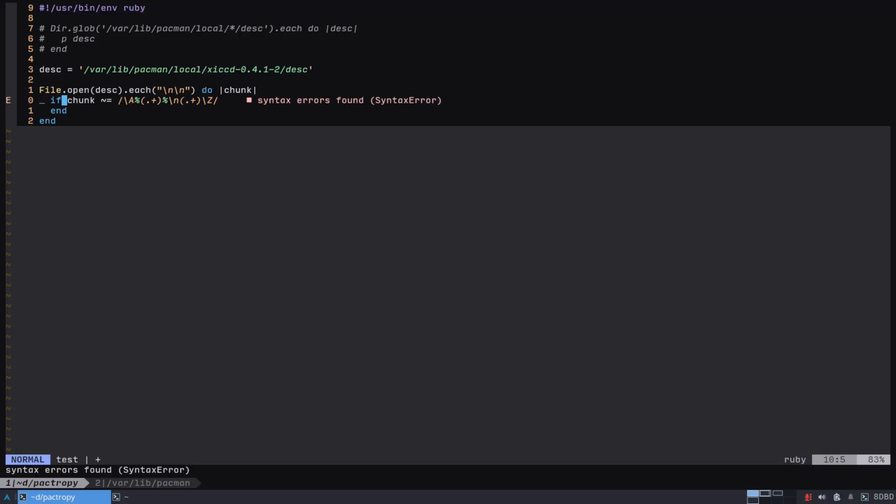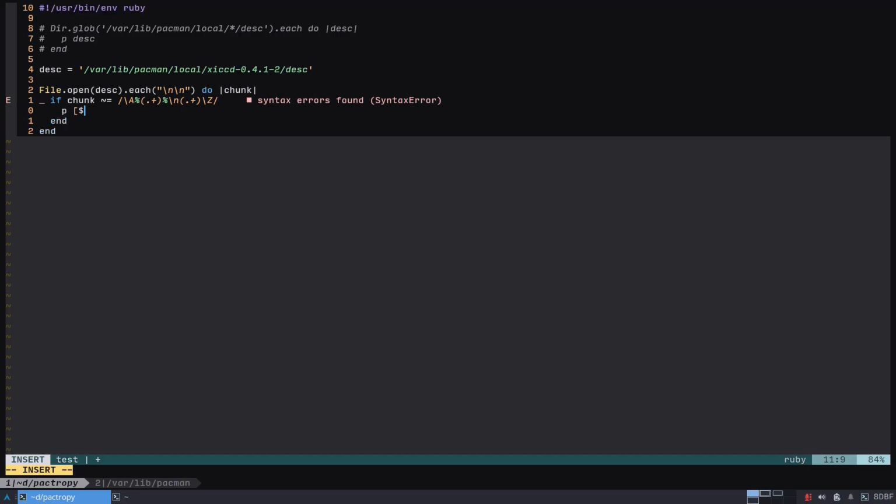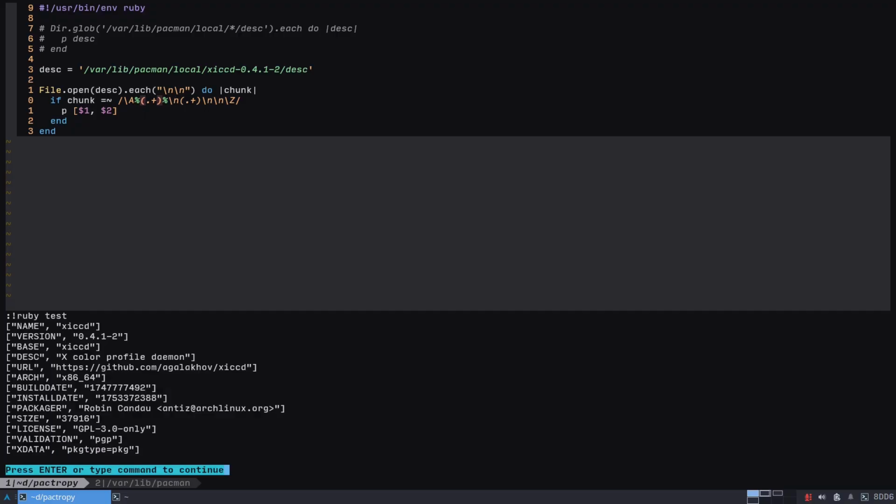But anyway, so what I'm going to do is print number 1 and number 2. I think that should do it, but it says syntax error. So maybe it's the other way around. Yes. Okay, it doesn't work right because we are gonna have 2 new lines here. Yes. So that's it. It's splitting correctly